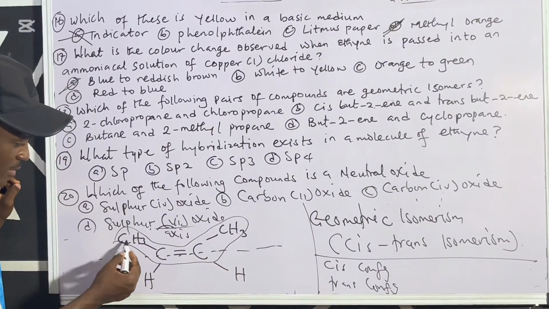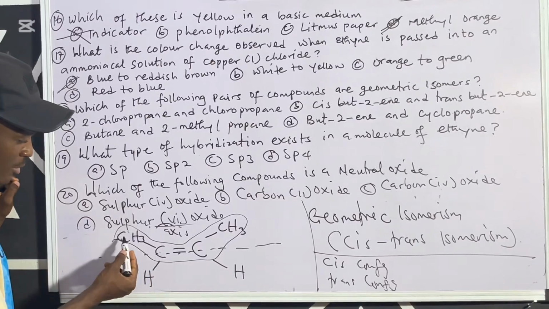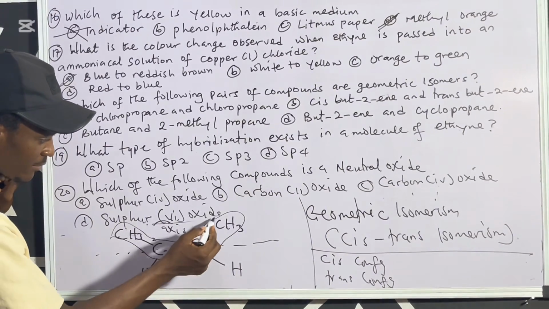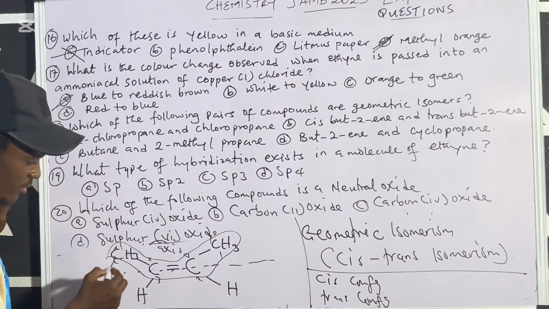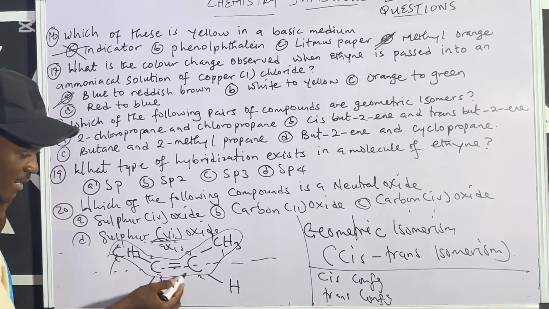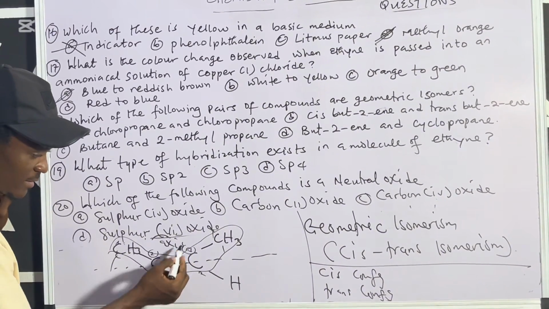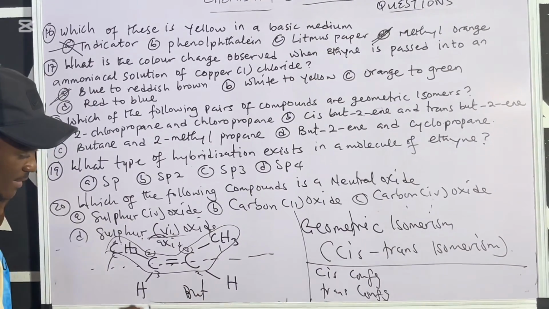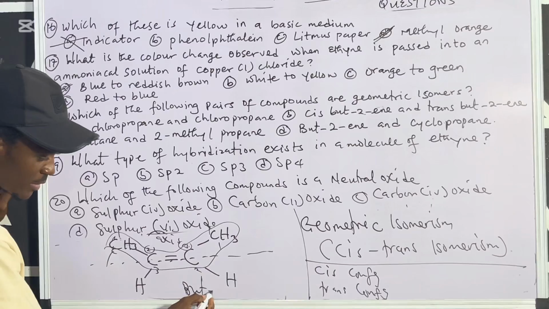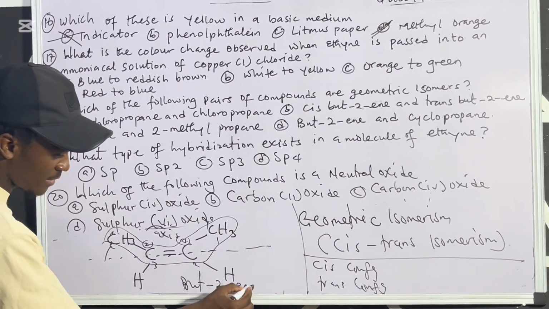And how many carbons are there? 1, 2, 3, 4. And if you are numbering 1, 2, 3, 4. 1, 2, 3, 4. That's for backward. It's still the same thing. Going by forward, where can you find your double bonds? Between 2 and 3. How many carbons are there? 4. That's what? But. Then between 2 and 3, which one is smaller? Is 2. That's but-2. 2 what? Ene. So what would you call this?